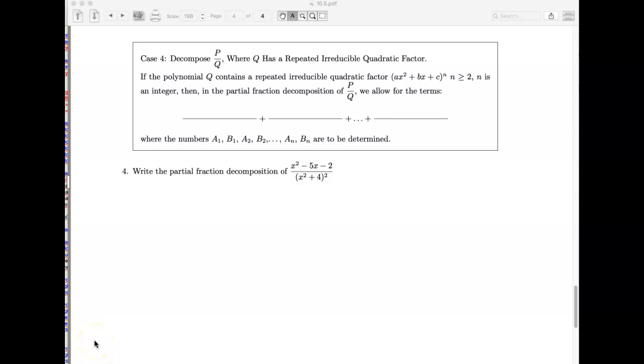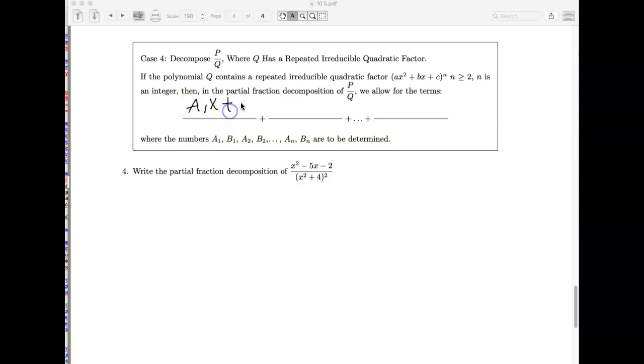All right, let's take a look at case 4. Case 4 is when the denominator is a repeated irreducible quadratic factor. So the denominator is quadratic, whose solutions are complex, and it's raised to some power n, where n is an integer greater than or equal to 2. The partial fraction decomposition is going to be in the form